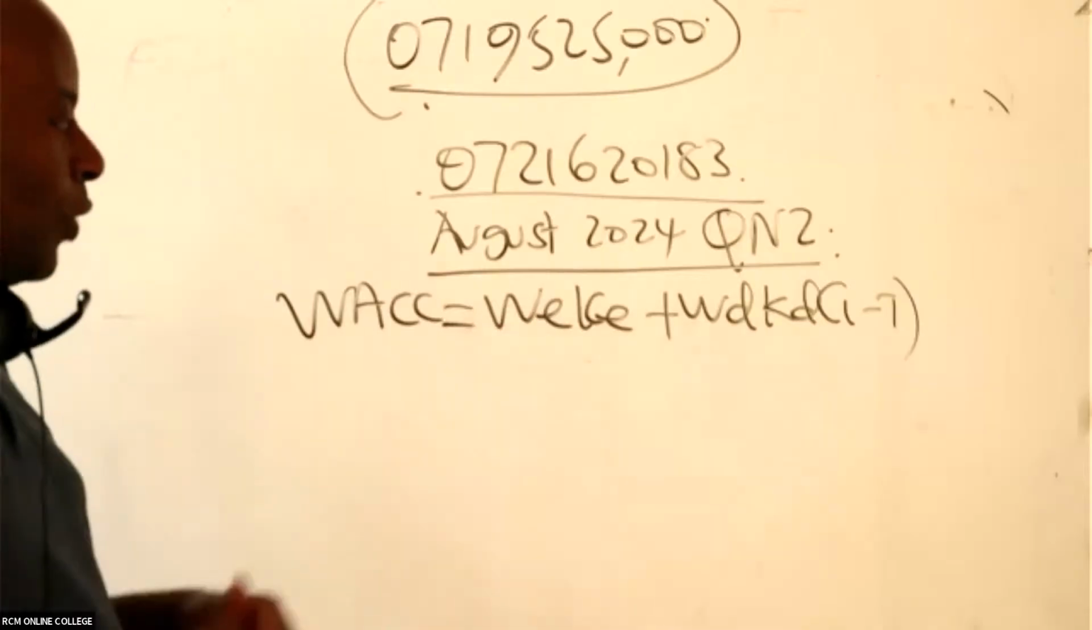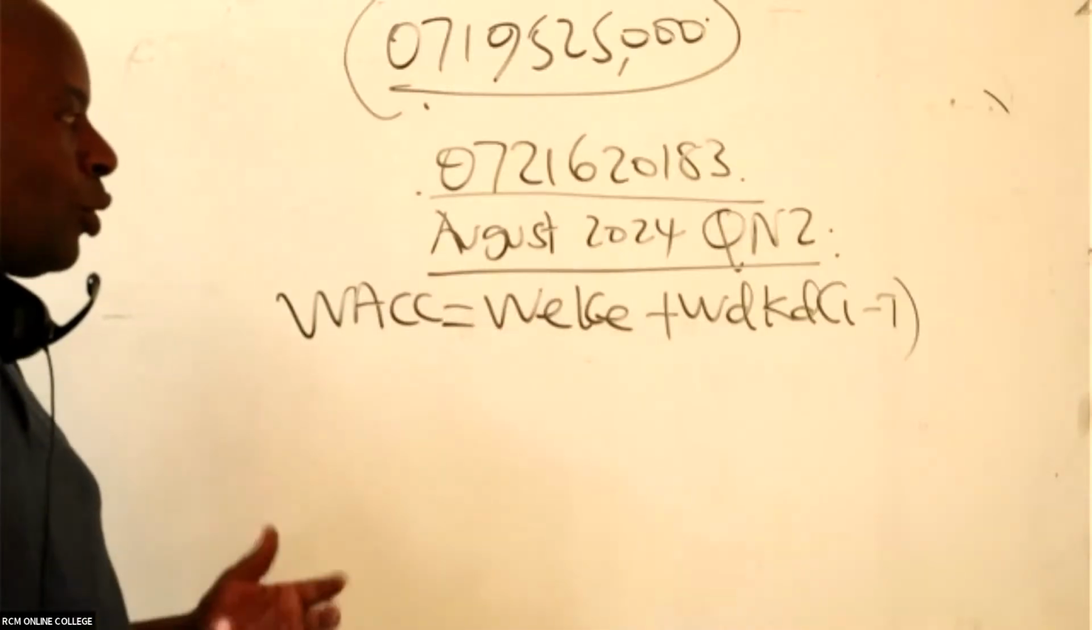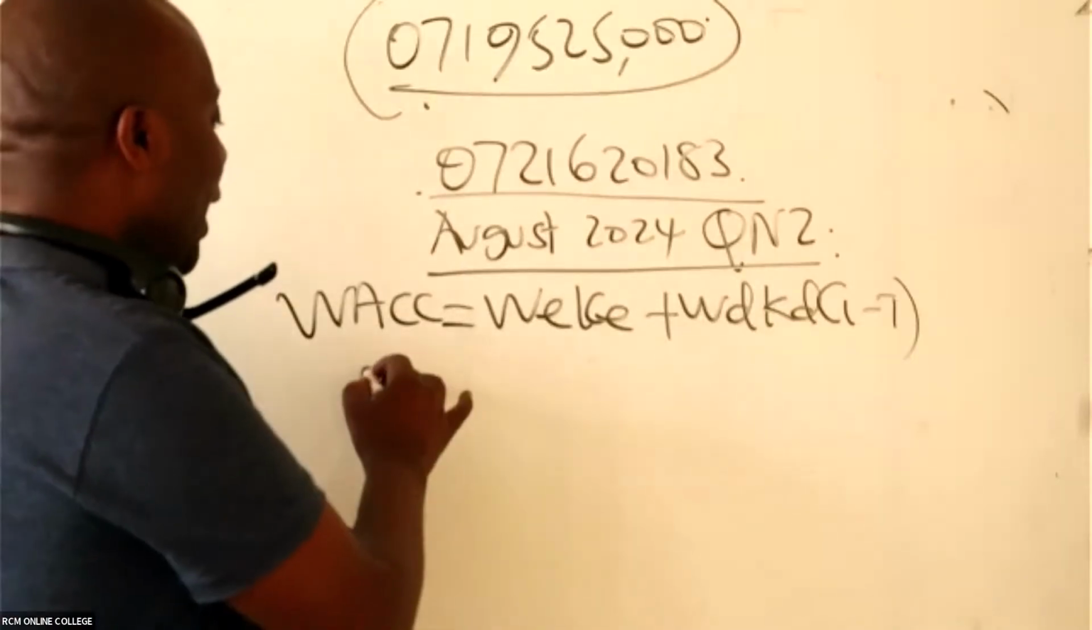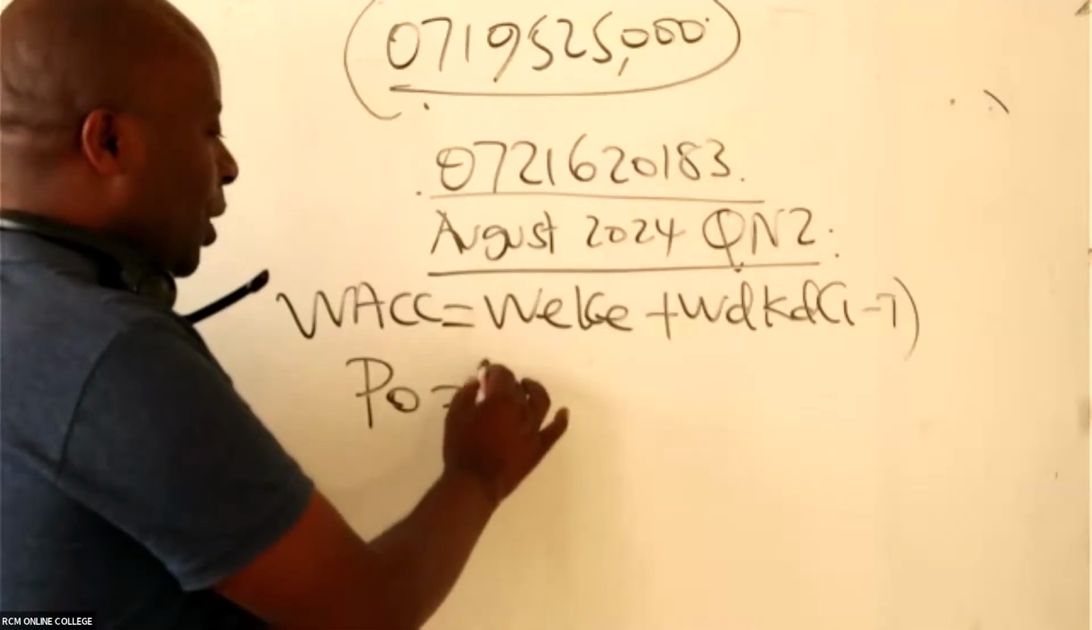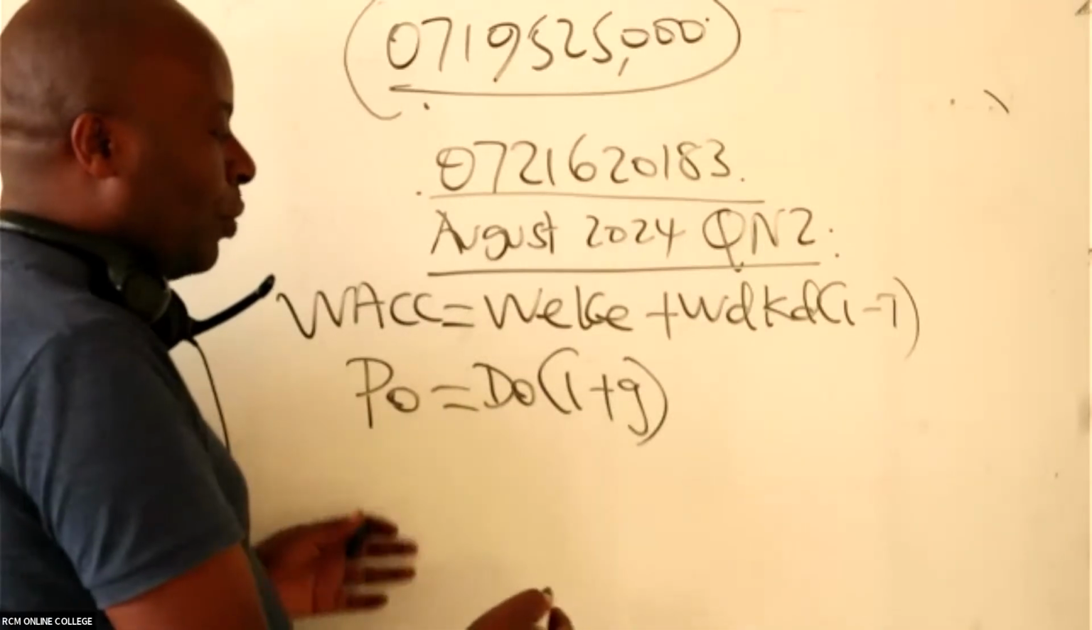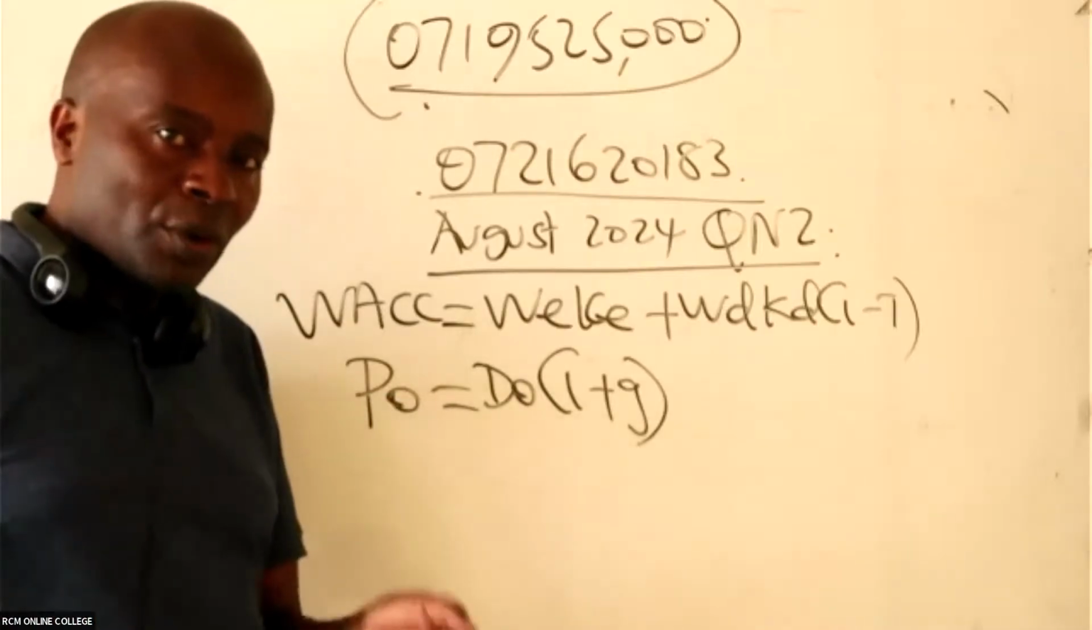How do I get the cost of equity? For those who are in my class, I told you, if you remember very well, P0 equals D0 into 1 plus g. If you remember this dividend valuation model,